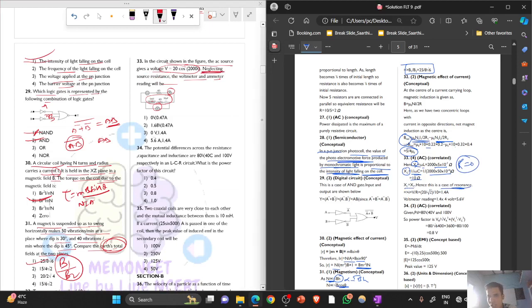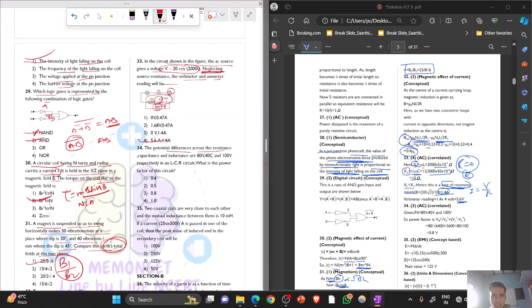Putting this value, you calculate the condition of resonance. In the condition of resonance, it simply acts as a resistive circuit. So current will be V by R. Calculating, your current will be 1.4 ampere, and once you calculate the current, you just need to find the potential difference across the 4 ohm resistor. So your potential drop will be 5.6 volt and current will be 1.4. So option 4 will be your correct answer. You just need to understand the question, use the formula and solve it out. Moving ahead,